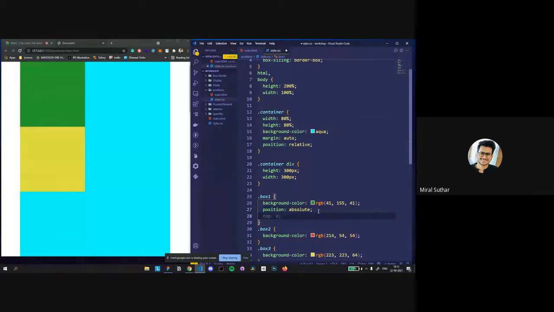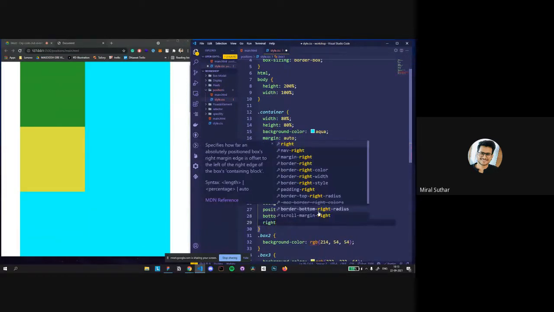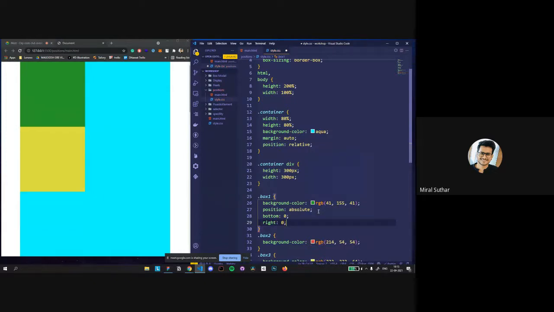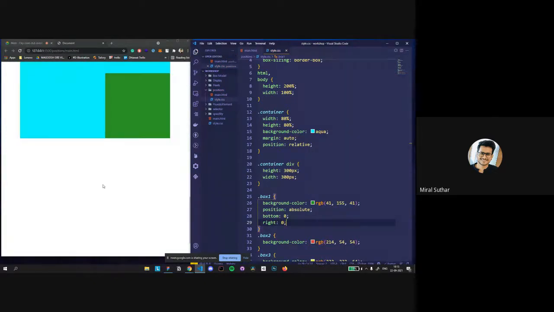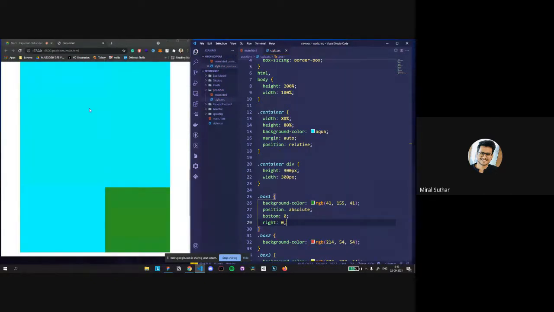It's just in the main container div, not going outside. If I add bottom 0 and right 0, it goes down over here, just inside this container, not going outside. That's how relative position works.